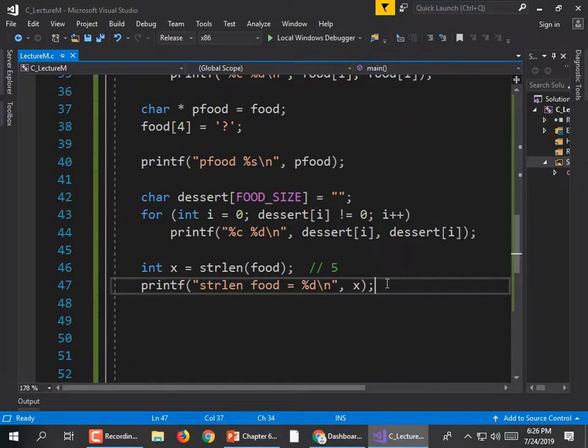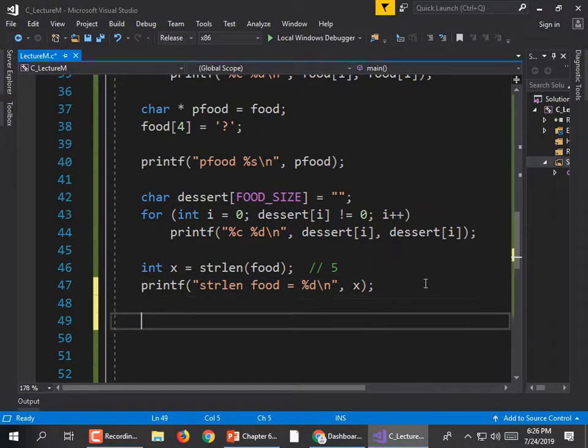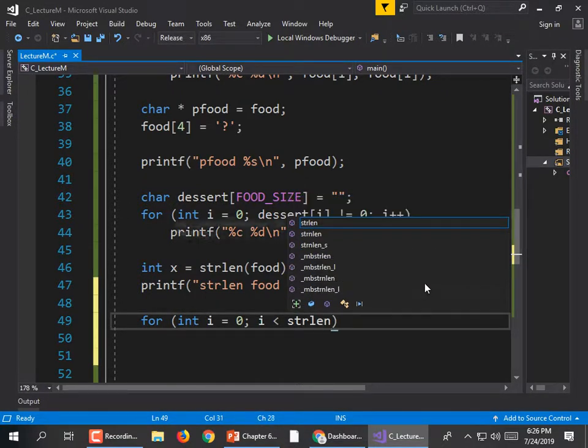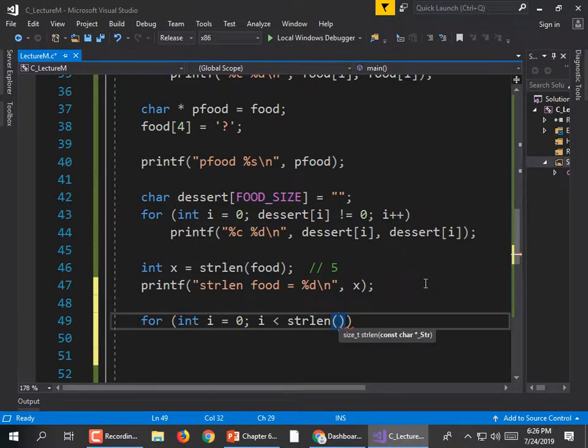So we could write our for loop rather than doing something like this. We could just make sure that we haven't passed the end of the string. So for int i = 0; i < strlen(the name of the array we're printing). Let's go back to printing food because dessert is empty. That's a sad state of affairs. strlen(food); i++,